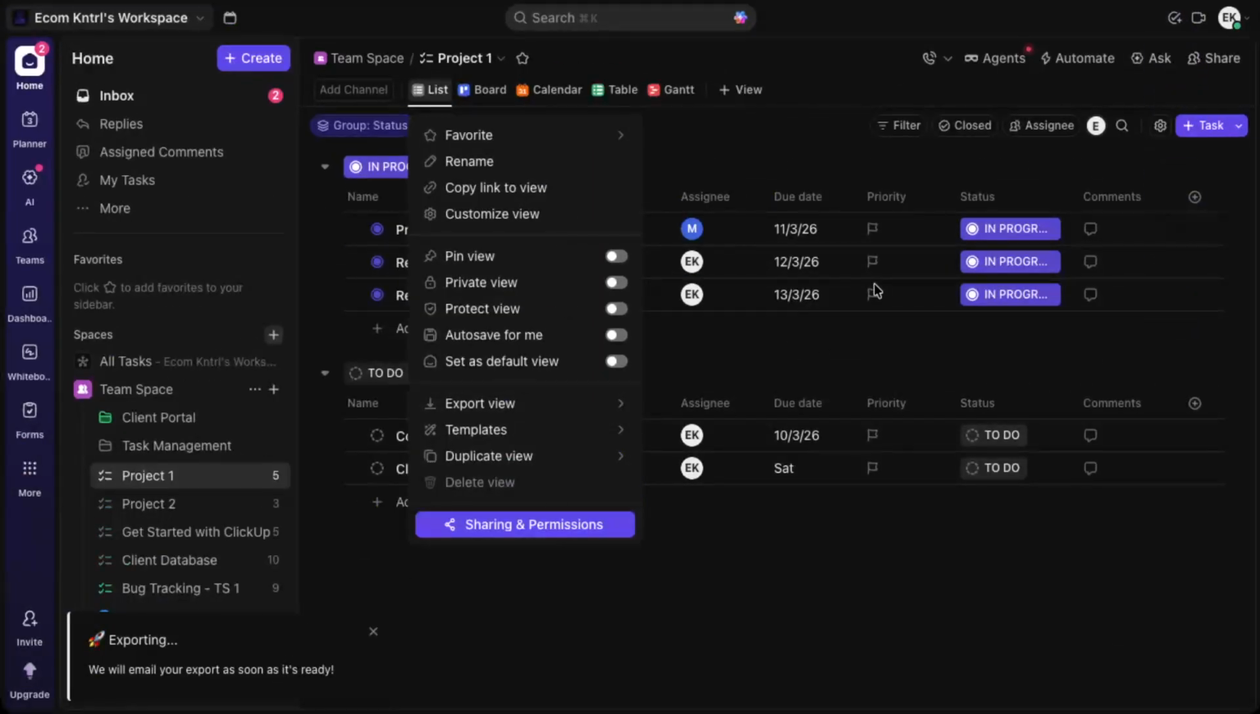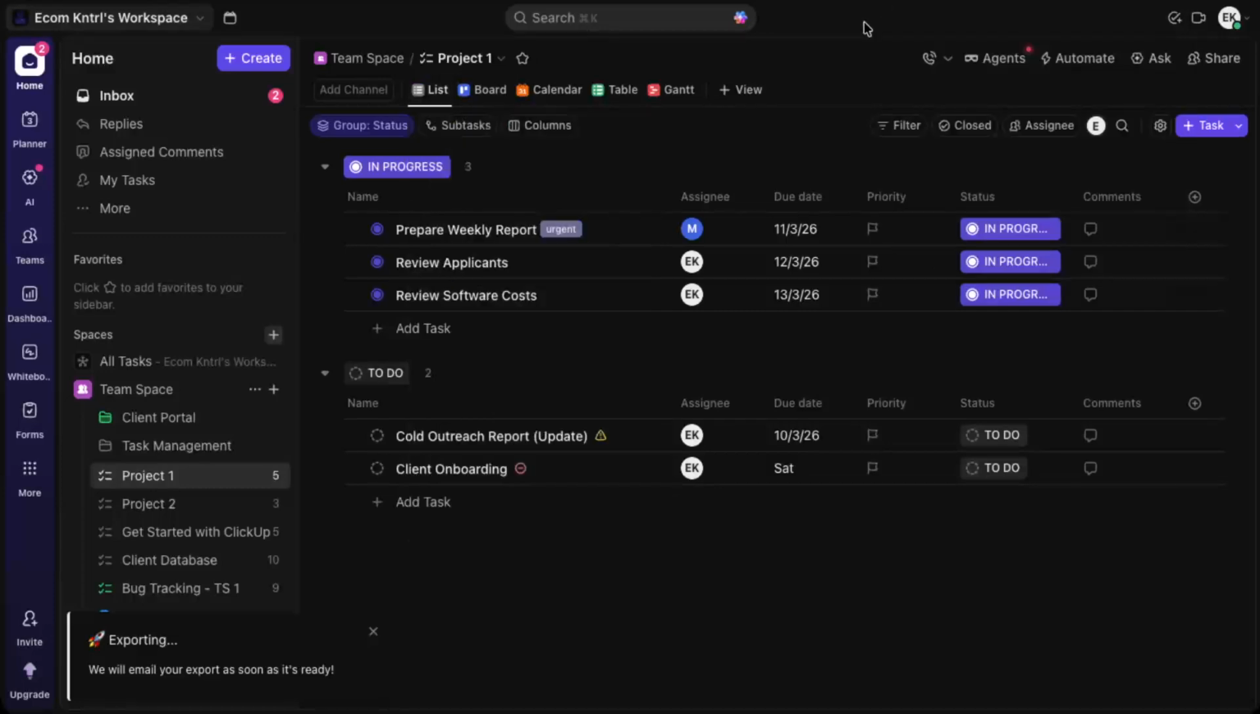ClickUp will generate the file for you, and your browser should start downloading it automatically. Depending on how many tasks you have, this might take a moment, but it's usually pretty quick. When the download is complete, you can open the file with your preferred spreadsheet program to sort, filter, analyze, or share your task data outside of ClickUp. And that's it. You've successfully exported your list